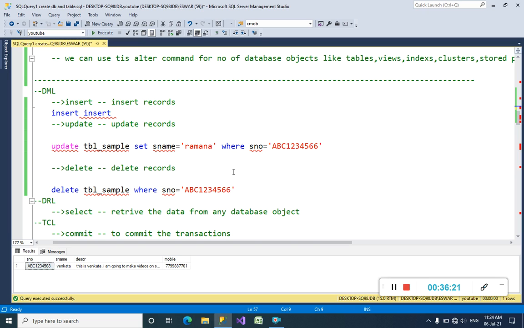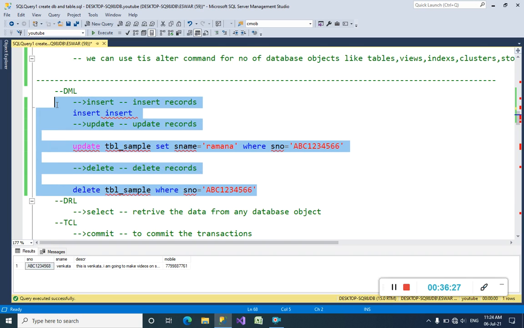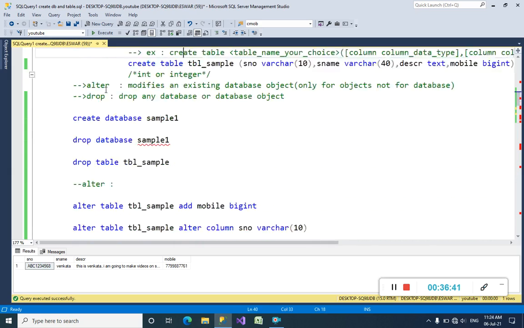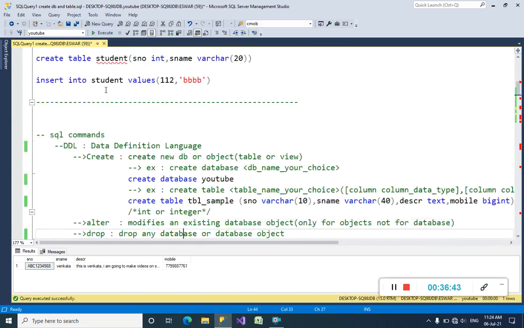Delete, update, and insert, these three commands are called DML commands, data manipulation language. What does DDL mean? Data definition language.